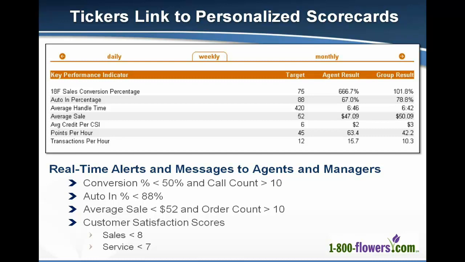So, for example, if the conversion percentage falls below 50% and they've taken 10 calls that day, then they'll get a reminder or an alert, the agents will. The auto-in percentage is less than 88%. Again, there's alerts and reminders. Average sales less than $52, and they've actually taken 10 orders that day, then managers get notified to look deeper into why that might be occurring. And then customer satisfaction scores, both in sales and service departments, also trigger